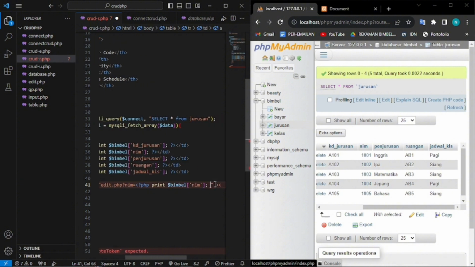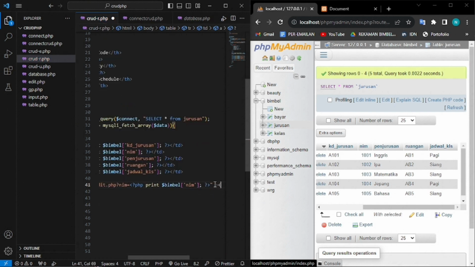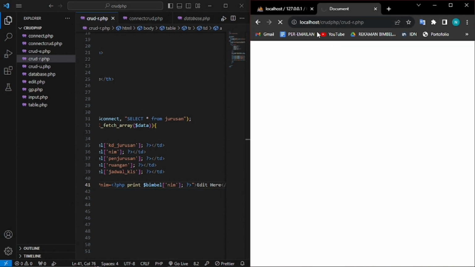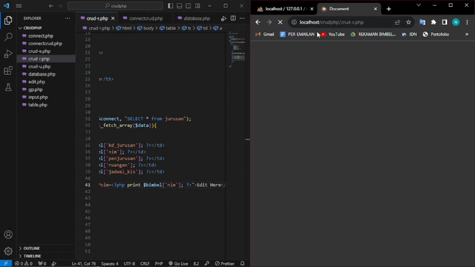Wait, it's wrong. Like this. And you can just close it. And I write edit here. Like this. And when you go to this table,